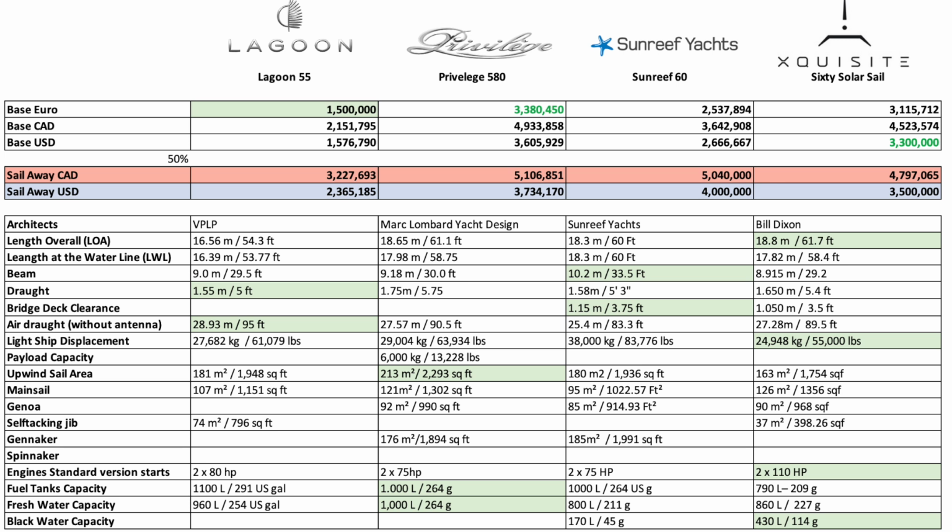Looking at the length overall, as we already indicated, the Xquisite 60 Solar Sail is the longest at 18.8, and the beamiest is going to be the Sunreef at 10.2. Draft, the least is, believe it or not, the Lagoon at 5 feet or 1.55. But everybody's grouped pretty darn close. You've got 5 feet, then 5'3", 5'4",